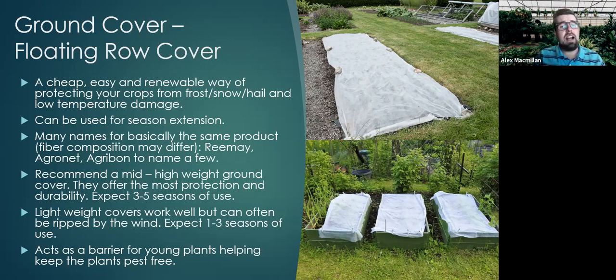There are several different kinds of ground cover. They come in different names: Reemay, Agribon, Agronet, basically all the same. The fiber composition and chemical composition might differ slightly, but really what I look for in a ground cover is the weight. So you have a mid-weight, a low weight, and a heavy weight. The lightweight stuff is really good. It's good at giving you modest protection